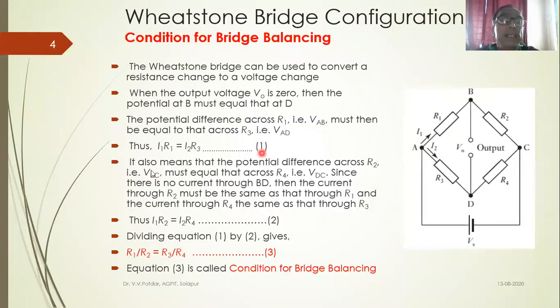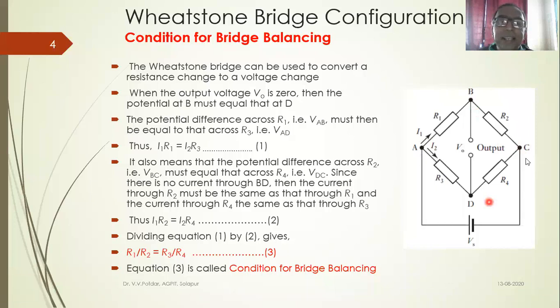It also means that the potential difference across R2, that is VBC, must equal the potential drop across R4, that is VDC. Why? Once again, the same logic. Potential at B is equal to potential at D, so both B and D are at the same potential, and C is a common point. So that's why VBC will be equal to